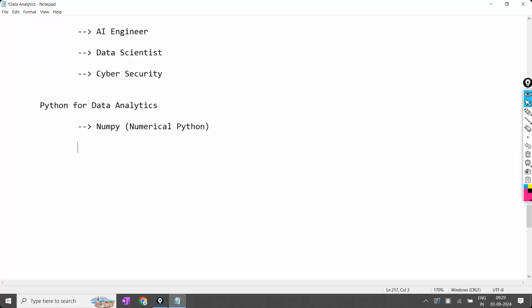Next one is pandas. This is the library where we are going to work on tables and data manipulation, how we have to manipulate the data. Now, what is meant by data manipulation? It is not like doing manipulation in the real world. Manipulation means if any wrong data is there, you modify it.